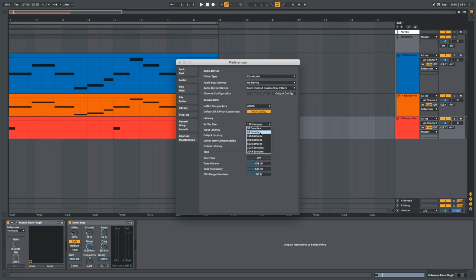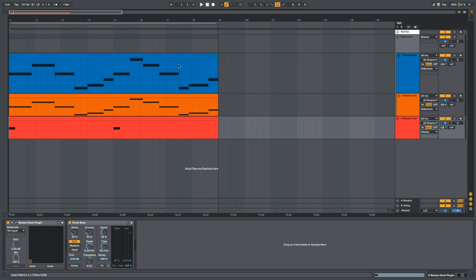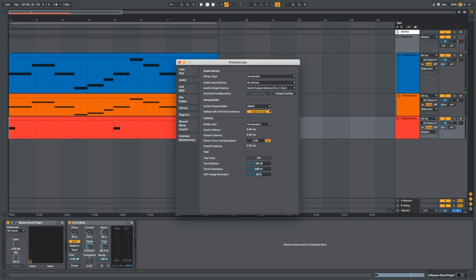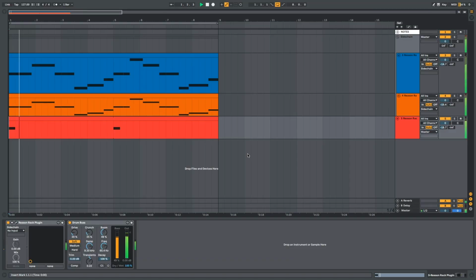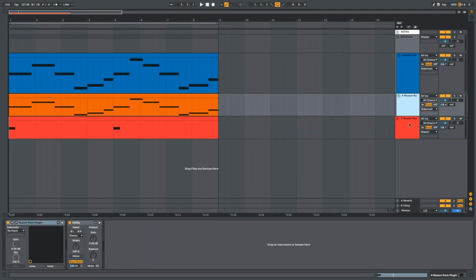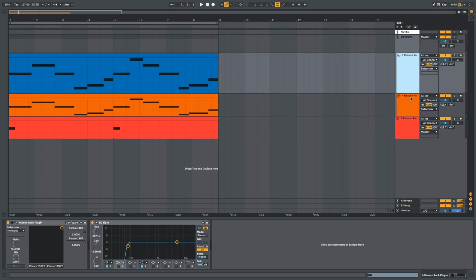Preferably, I would be running at 64 samples or 32 samples, but if I put it at 64, like 64 works. It just increases the CPU load in Ableton. 32 doesn't work. This might not seem like a big deal. You'd be thinking, well, why don't you just increase the buffer size? But the reason that I think this is a big deal is when you play back and look at the CPU meter, keep in mind I'm only running 3 tracks in Ableton,